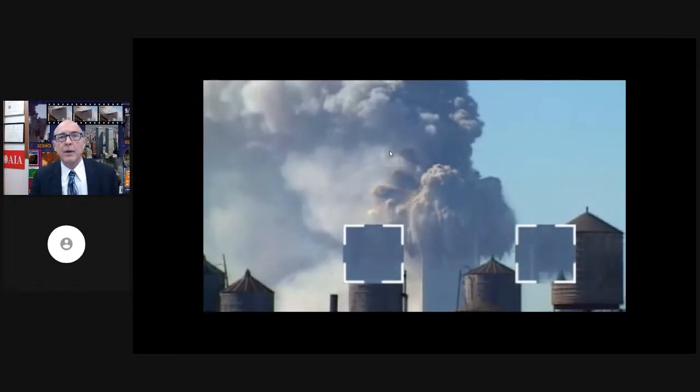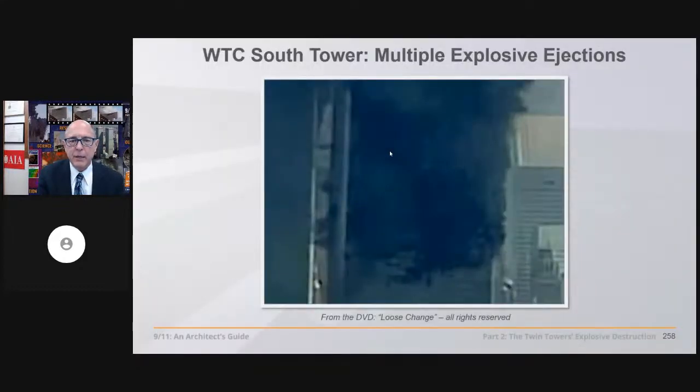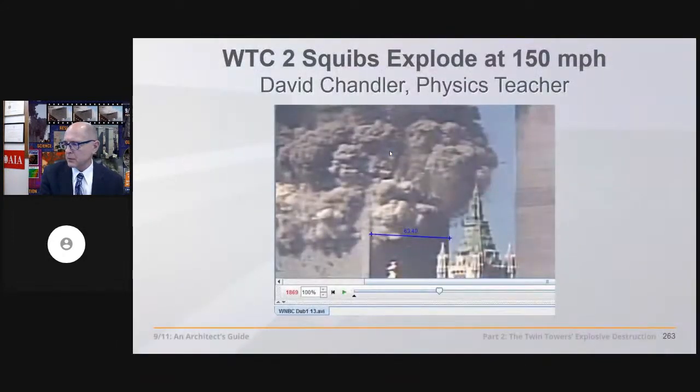Well, wouldn't it blow out all those windows in this open office like we saw earlier? Or none of them? Not these highly focalized pinpoint ejections at geometric geometries that look almost engineered. No. And in this case, in the South Tower, on the left side in this looped video, blowing out all almost at once. This is more proof of these explosions. So let's go to physics teacher David Chandler with regard to the analysis of these squibs.